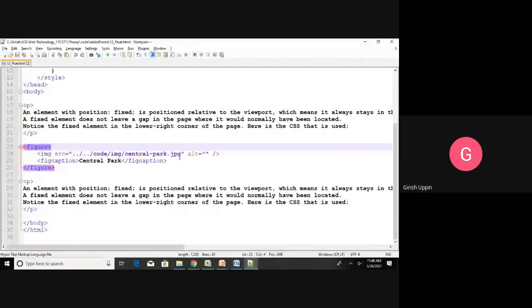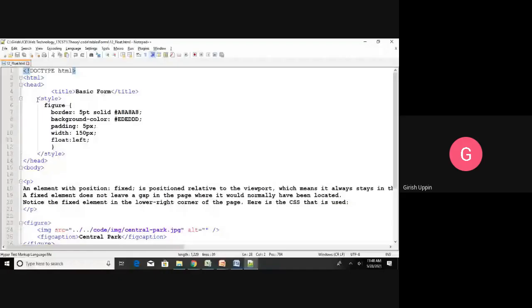We have a paragraph, and we have a figure. Inside the figure I have an image and figure caption. Then one more paragraph is there, and this is the style specified here in the head section. Figure, same border, this is a thick border, some background color, padding 5 pixel, width and float left.